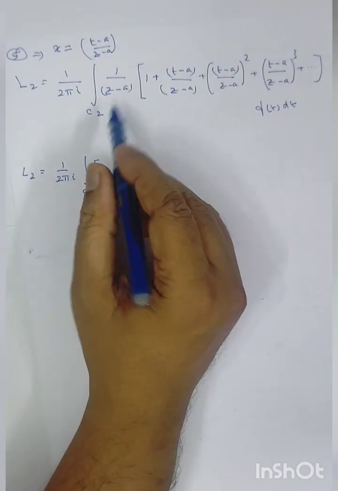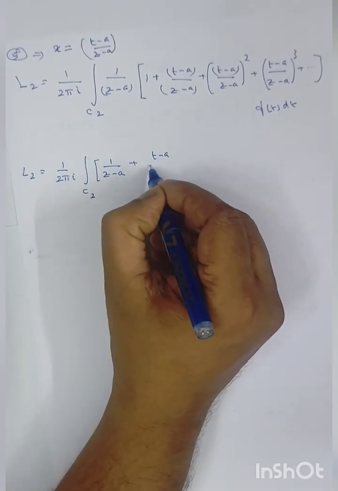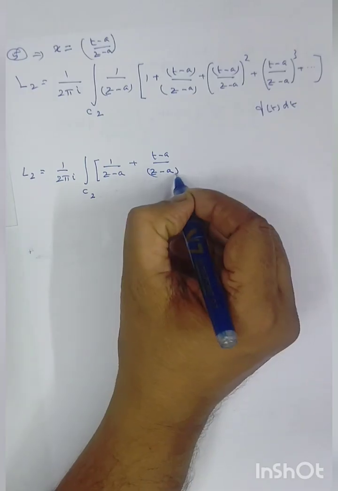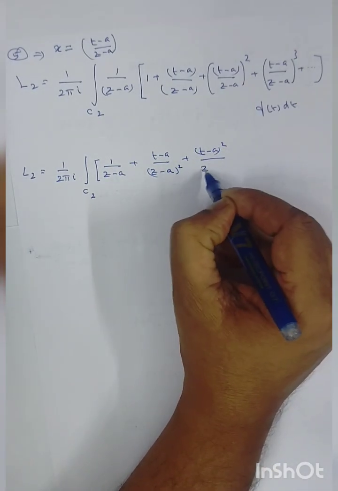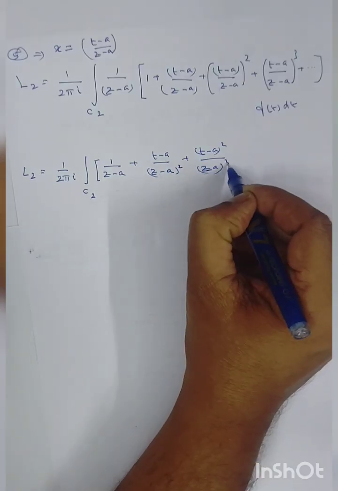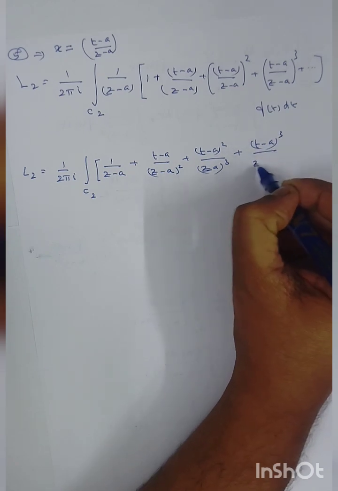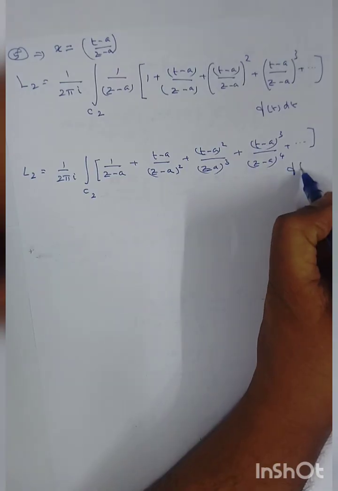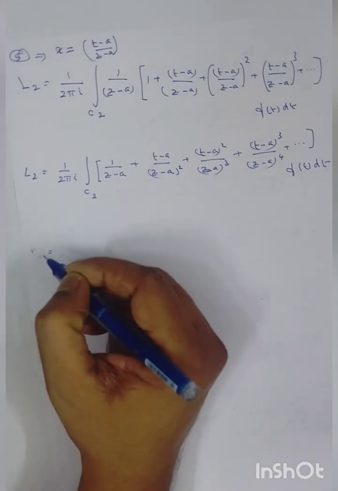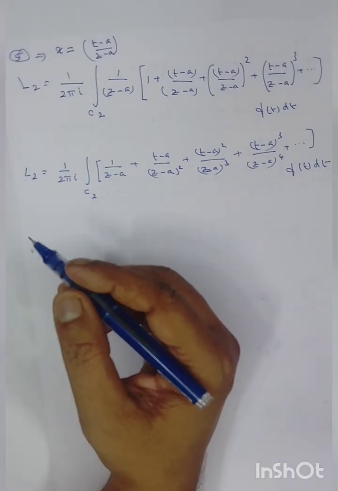C2. Now I am multiplying inside 1 by (z minus a) plus (t minus a) divided by (z minus a) the whole square, plus (t minus a) the whole square divided by (z minus a) the whole cube, plus (t minus a) the whole cube divided by (z minus a) the whole power 4, plus etc., into f of t dt. Now you multiply this 1 by 2 pi i with everything inside. So what we will get, as usual,